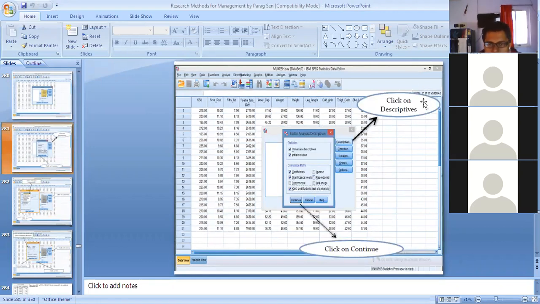If you click on descriptives, you will find some univariate descriptives, that means the standard deviation, the variance, all those things. The correlation matrix will also be shown here. So from here you will get the descriptive statistics like the mean of all the variables, the standard deviation or the variance. You can also find the correlation matrix, which will include all the coefficients.